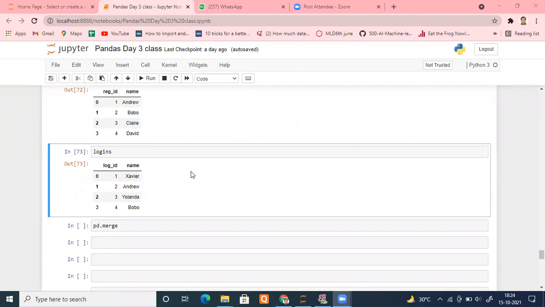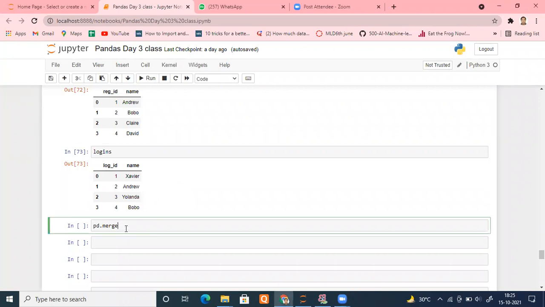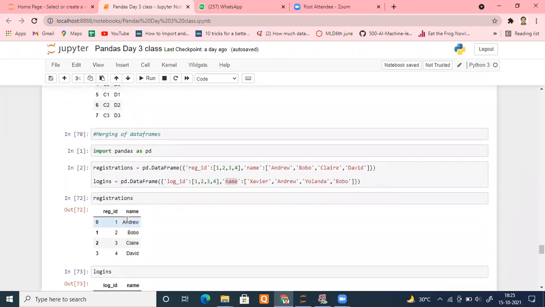So now what we are going to do is merge them, and I will tell you how we will do that. So I'm typing pd.merge. Now see, inside that I will type my table names, or rather data frame names, which is the proper word.